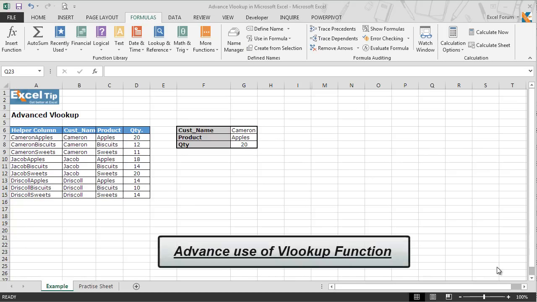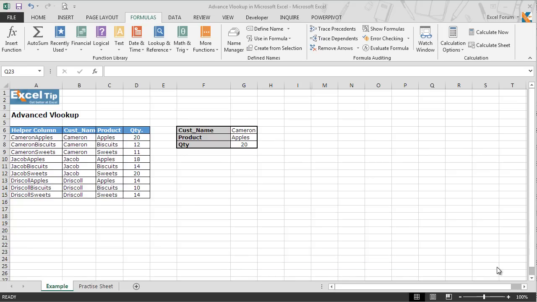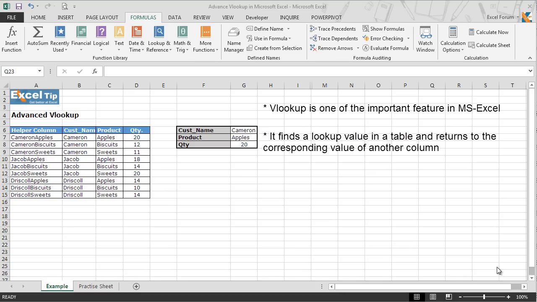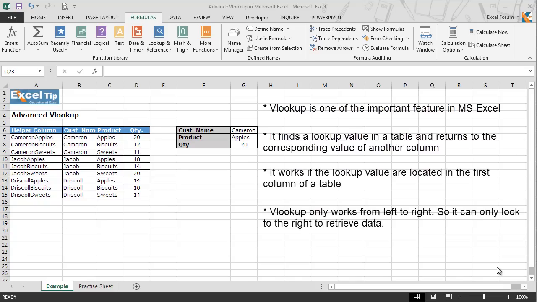Today we will talk about advanced use of the VLOOKUP function. But before we start talking about it, let's know something about the VLOOKUP function first. As we know, VLOOKUP is one of the important features in MS Excel. It finds a lookup value in a table and returns the corresponding value of another column. It only works if the lookup value is located in the first column of a table, and it works only